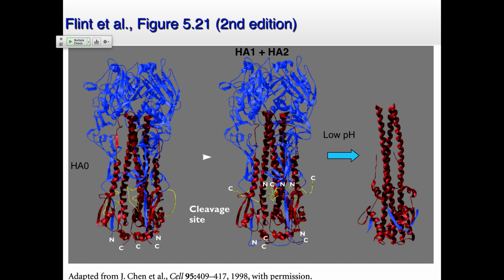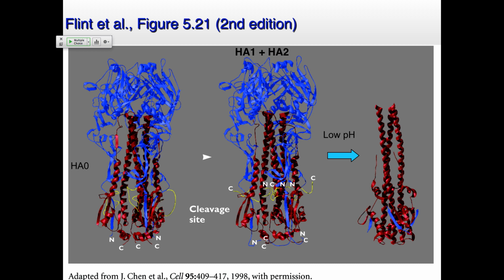Turns out that what it binds to is sialic acid. It's a carbohydrate that's present on the outside of many different cells. What happens is once it has that binding, that will help bring it inside the cell. This goes in through receptor-mediated endocytosis. But then once it gets into the endosome,